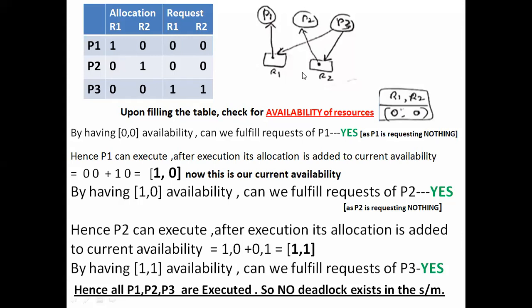Yes, sir. So we have no free resources available in the system because both the resources R1 and R2 are allocated to the processes P1 and P2. Hence here we have zero resource of R1 and zero resource of R2. So by having 0, 0 resources of R1 and R2, can we satisfy any of the requests raised by the processes P1, P2, and P3? Okay, so this process P1